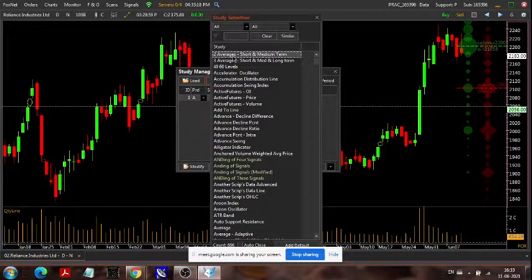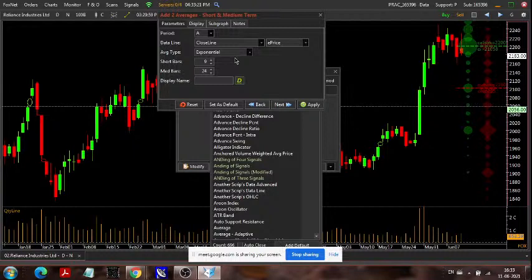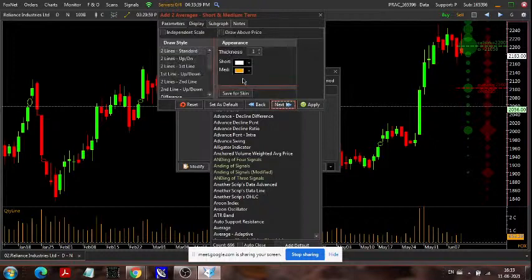Let's make it a 20 and 200 crossover. So first of all, I am taking averages 2. There is a shortcut to add 2 or 3 moving averages, by the names averages 2 and averages 3.